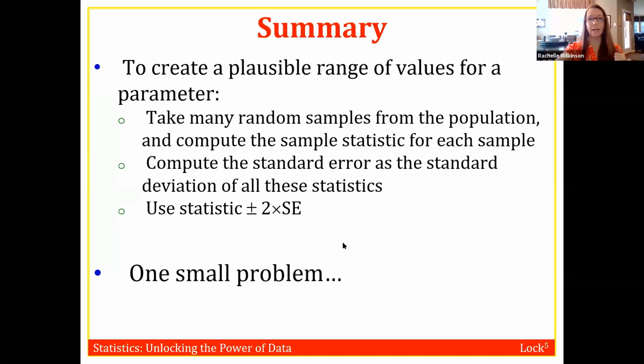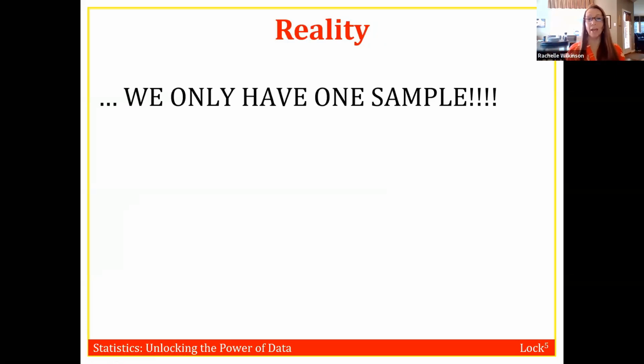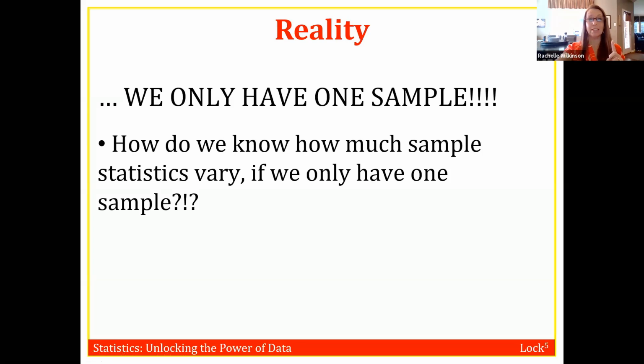So in real life, we only get one sample, and we have to be able to do something with that one sample. So how are we going to estimate the variability of the sampling distribution if we only have one sample? That's what we're going to answer today. We're going to figure out how much sample statistics vary if we only have one sample. And to do that, we're going to use this really cool method called